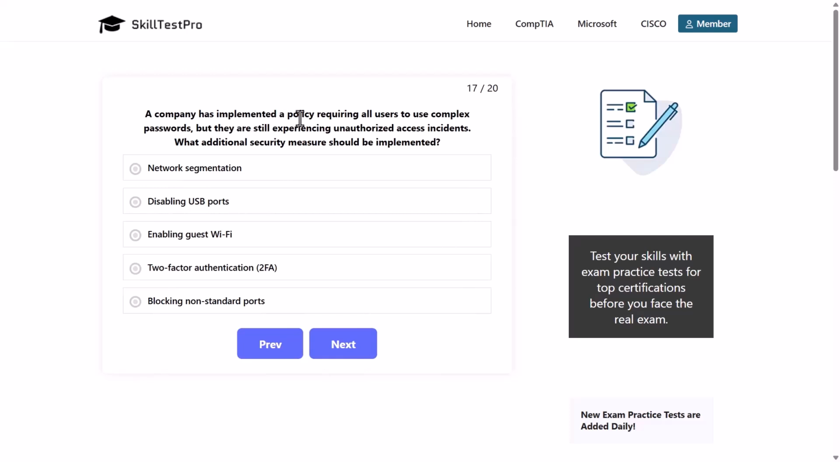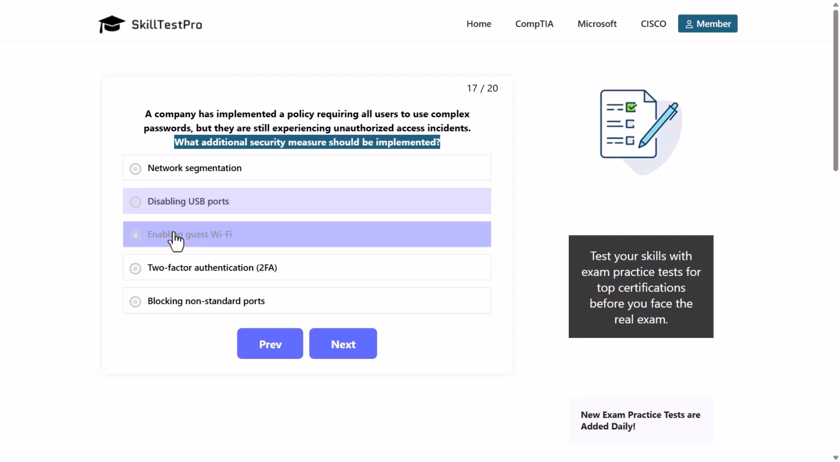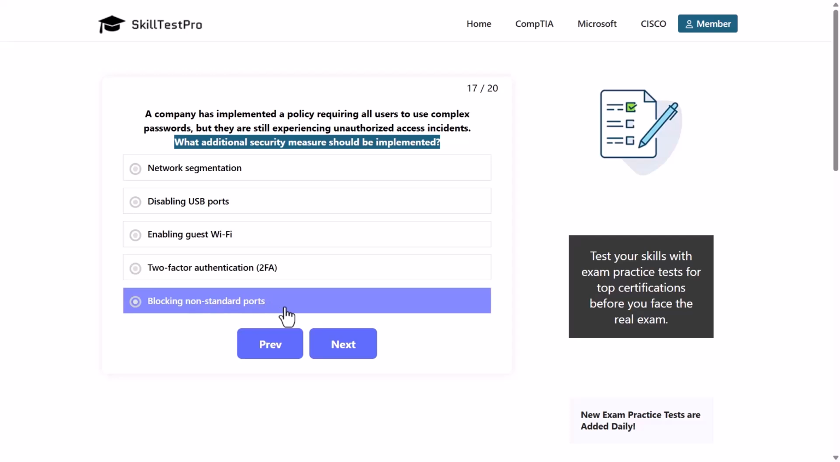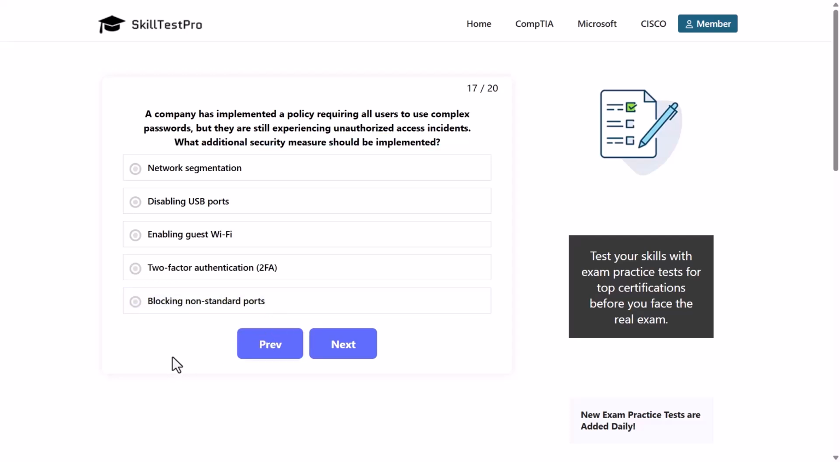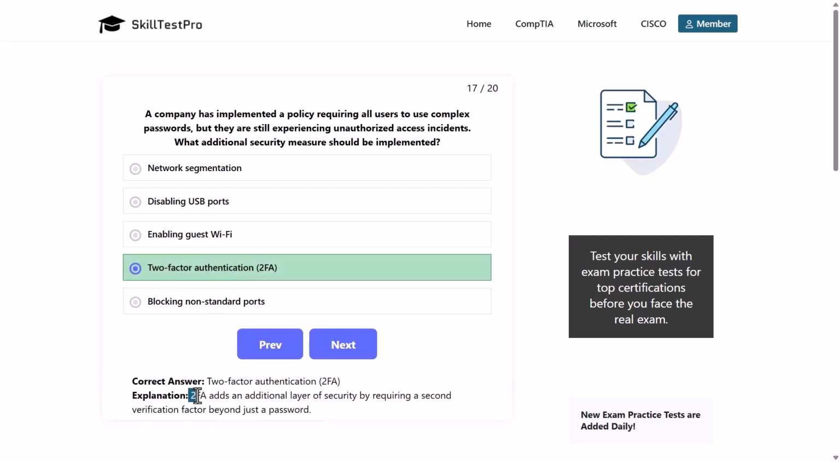A company has implemented a policy requiring all users to use complex passwords, but they are still experiencing unauthorized access incidents. What additional security measures should be implemented? Network segmentation, disabling USB ports, enabling guest Wi-Fi, two-factor authentication or 2FA, blocking non-standard ports. And a correct answer for this question would be to implement two-factor authentication or 2FA, as